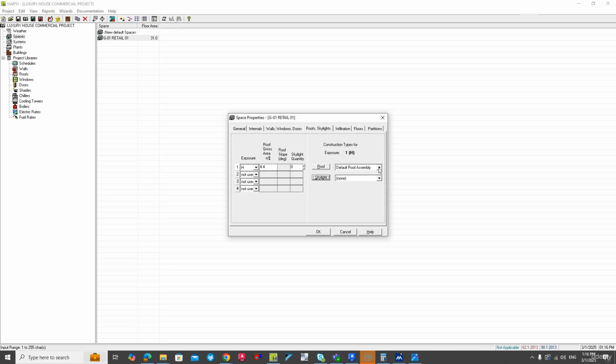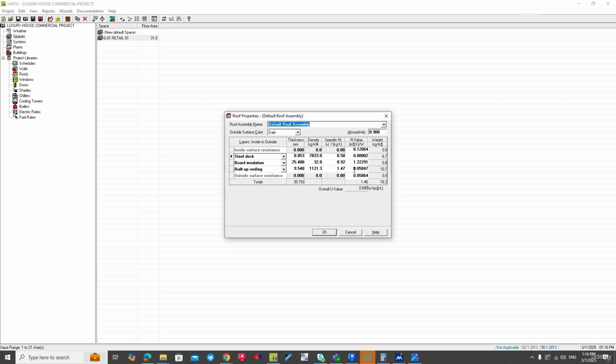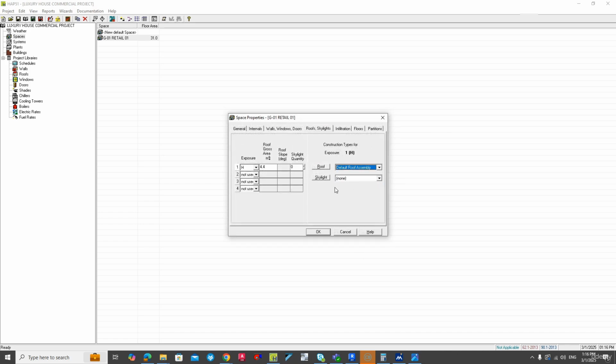Now I will choose the roof assembly from here. As you can see, the same way that we used to define the walls. First you have to find the layer thickness and divide it by the K value to find the resistance. Then HAP will calculate the overall heat transfer coefficient. For now, I will use the default roof to save time. I will use the default roof assembly, and this is the U value, and click on OK. Okay, we have it already, so I will choose it from here, default roof assembly, and I will click on